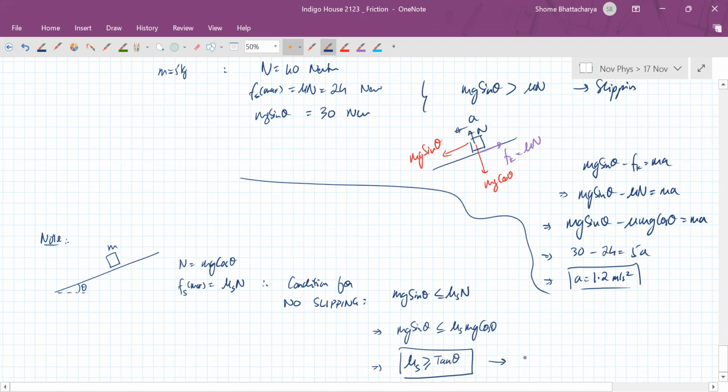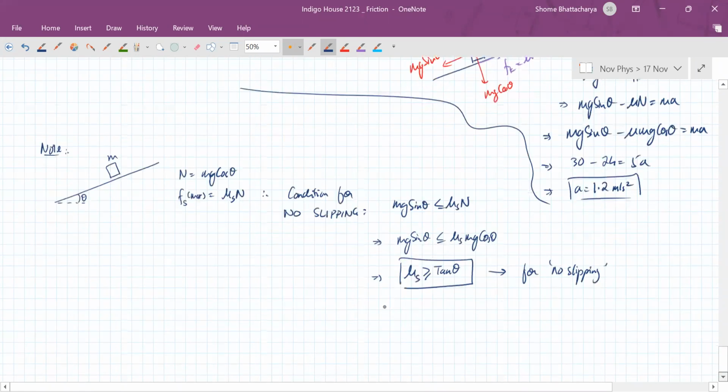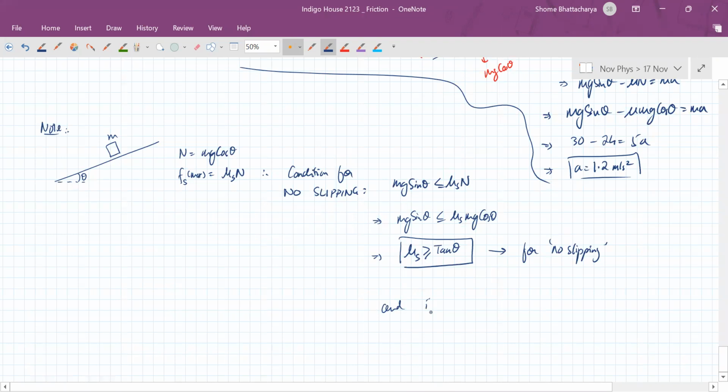This is the case when no slipping occurs. And therefore the opposite of that, then the block will slip, with acceleration equal to,